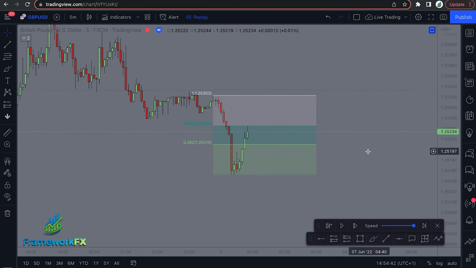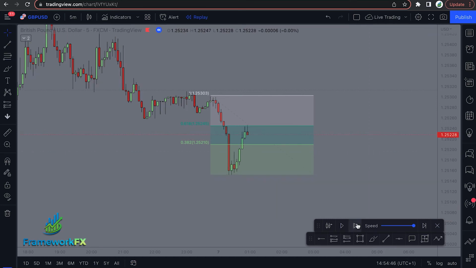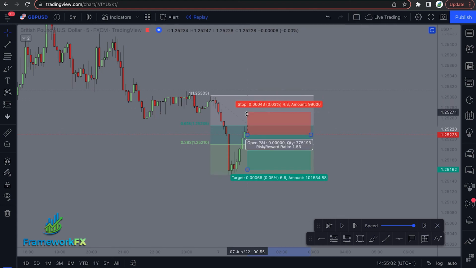So it looks like we've maybe just about touched there, but again, that's not enough of a rejection for me to want to consider this. Okay, so the next candle, we've had a nice touch, and we've closed in the lower half of the candle. I'm quite happy to take a risk on this now. So we'll take a short order, we place it as soon as the candle closes, and again, our stop is going just below